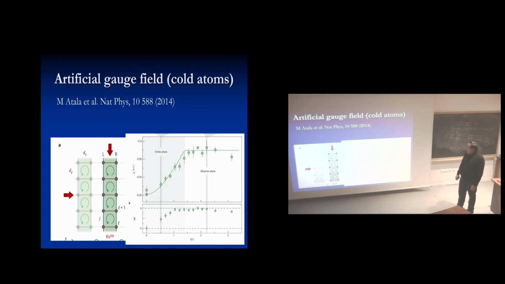And lo and behold, they saw here the change of current that occurs at the critical value of, let's say, the magnetic field, and they observe this vortex phase and this Meissner phase. The reason why I'm showing this, first, is to show off, clearly, but the second reason is because you see